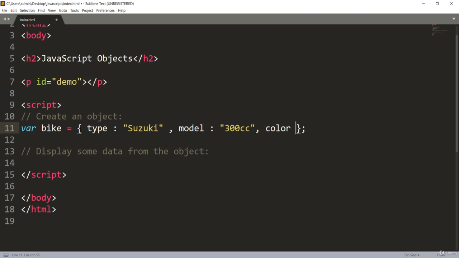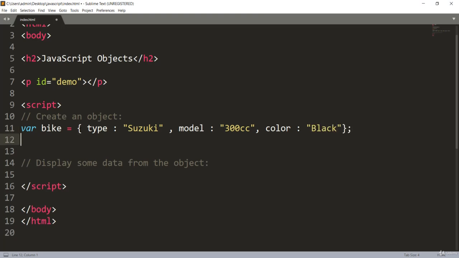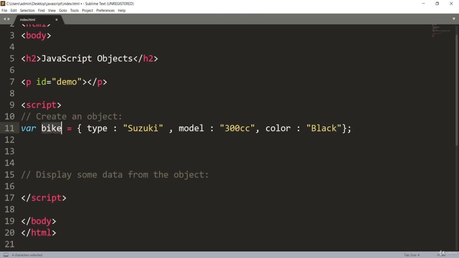Color is another attribute, and I want to give the color as black. So this is our object. We have a bike object created with the var keyword and curly braces, and inside we give the attributes, and the value is assigned with a colon. You can't use equals to assign here. You have to use the colon to assign the values to the attributes.